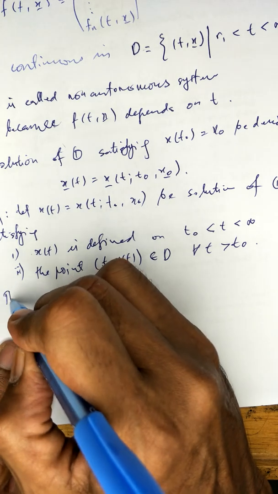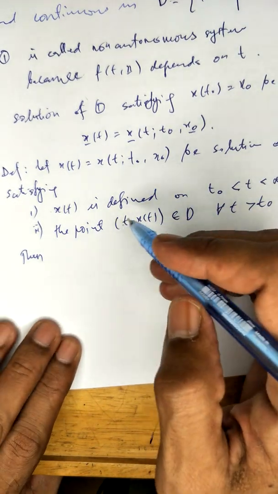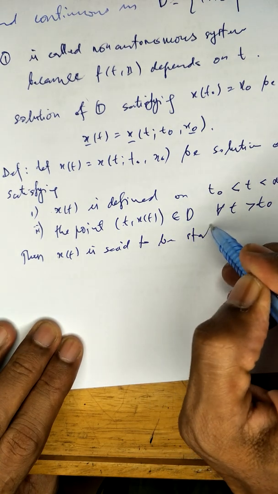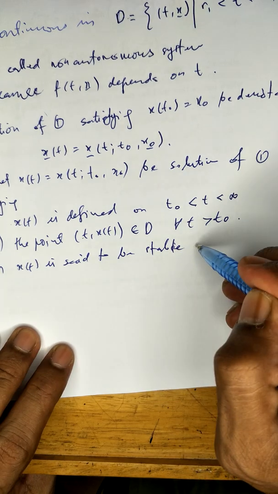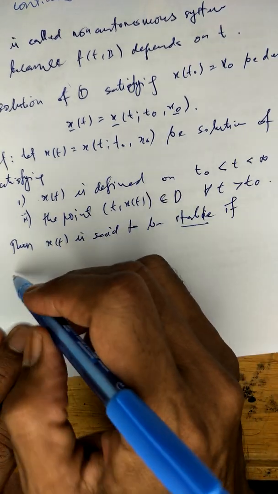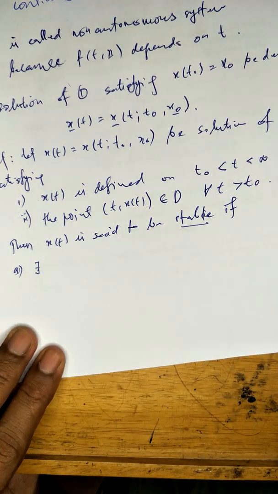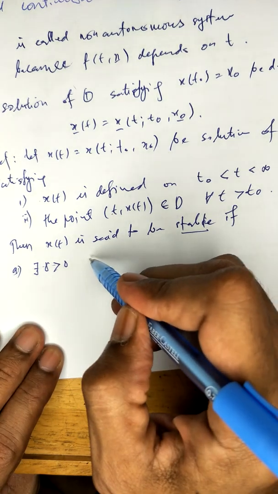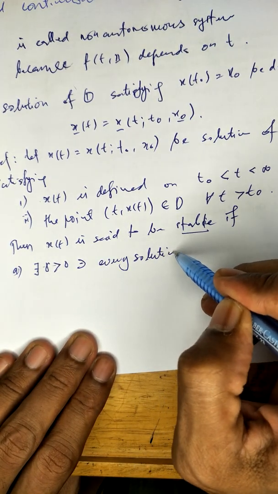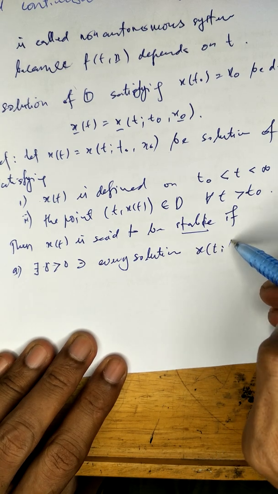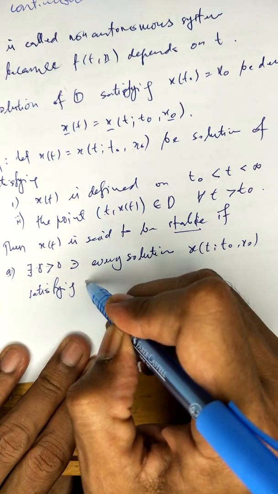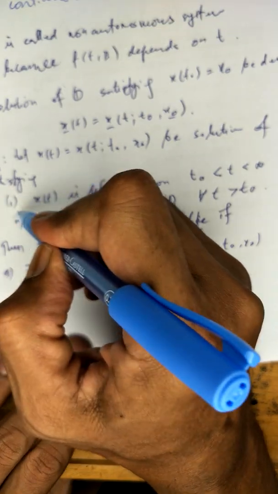Then x(t) is said to be stable if there exists a positive gamma such that every solution x(t, t naught, x naught) satisfying 1 and 2,